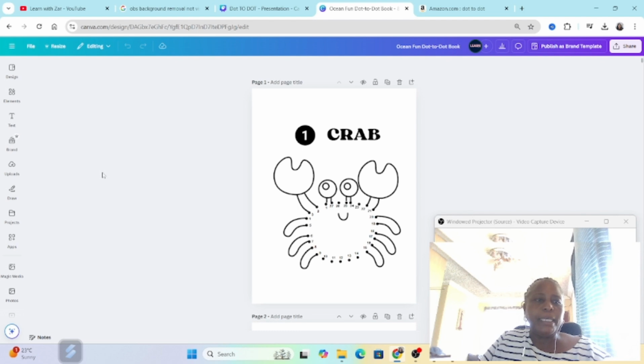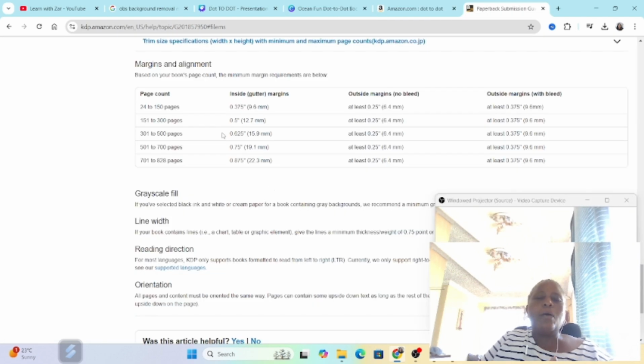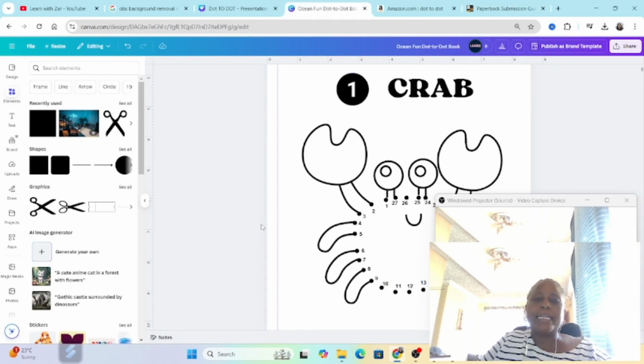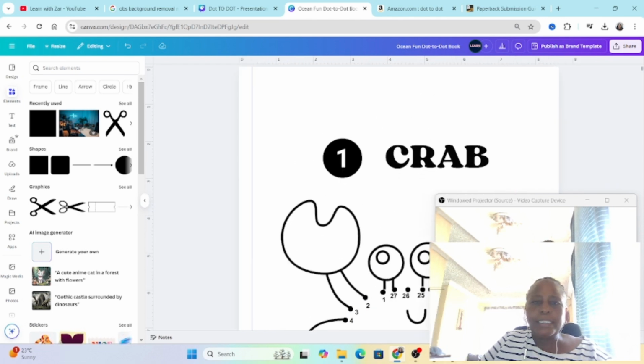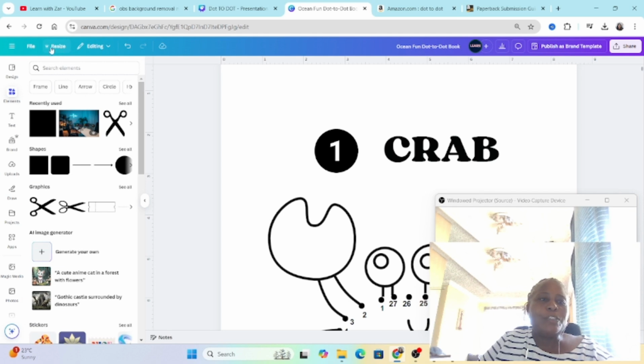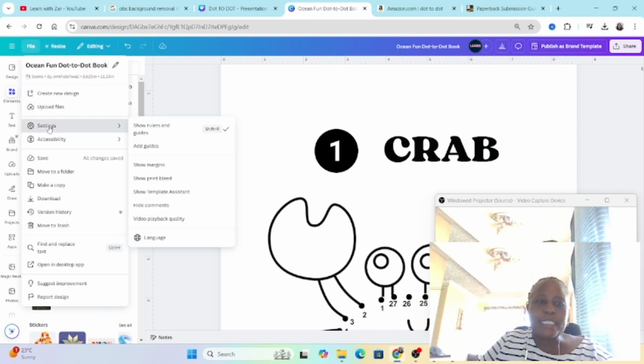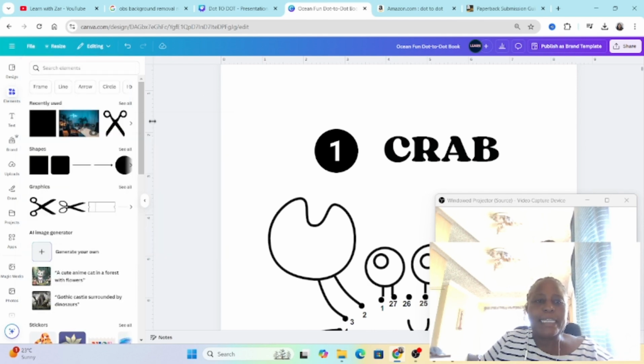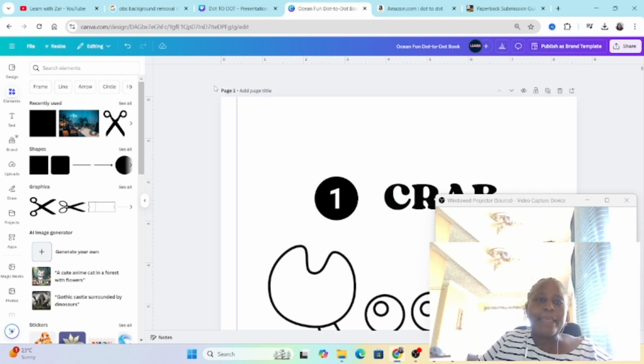To make sure that your book is ready for export, you need to follow the guidelines by Amazon KDP. I went in on Amazon's printing guide, and we saw that we need at least 0.375 in order to make sure that the book is within the Amazon guidelines, and that we don't get the important stuff cut off when printing. Once you've gone in on File and into Settings and you have Show rulers and guides, you need to make sure that your rulers and guides are at least 0.375. So you're going to move it until it gets to that 0.375, and then the top margin as well, you're going to move it until it reaches that